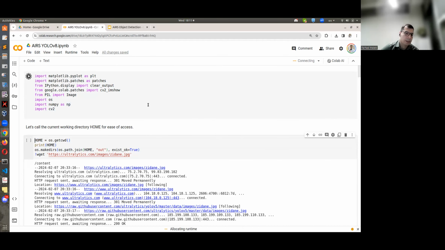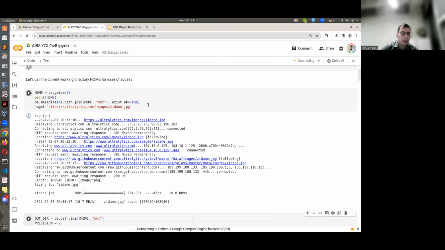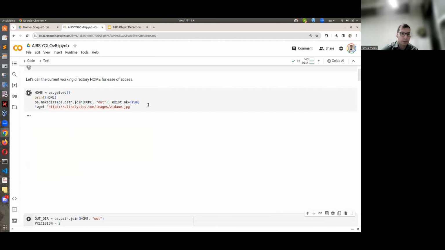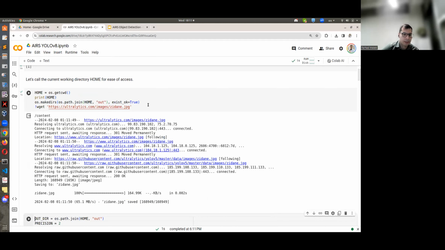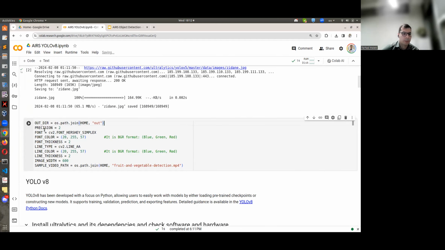I run the first two elements. You need to download that file, it might take a little while. Now that I have that one, I define some constants: the output directory, and precision, which is the number of digits that I want to show after the decimal point.